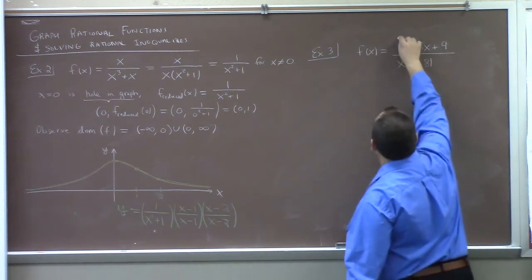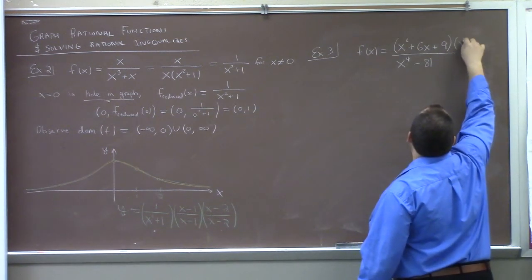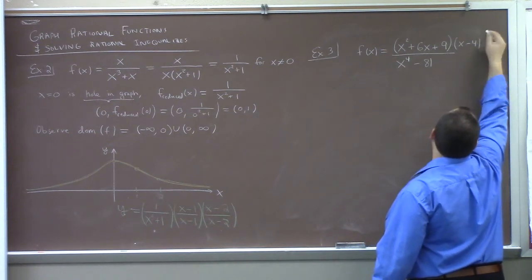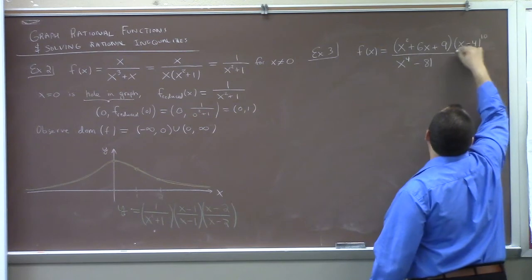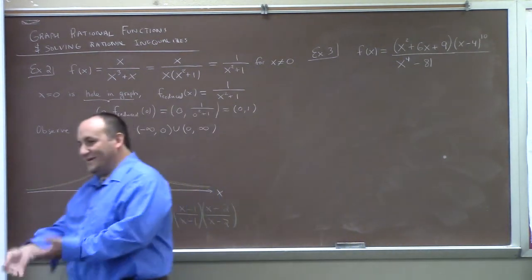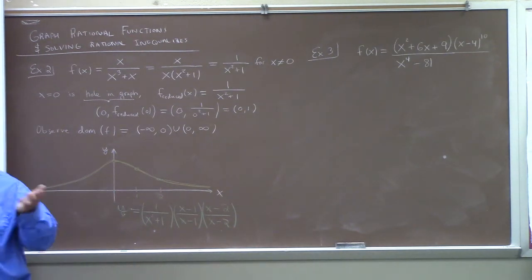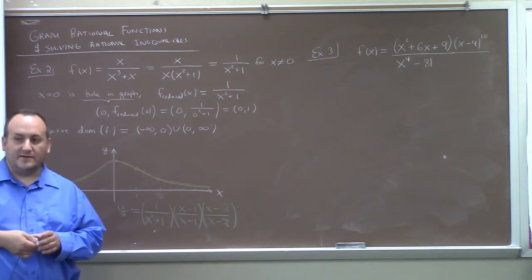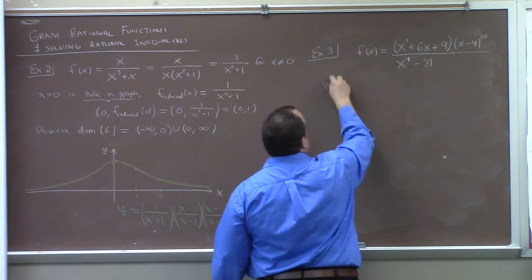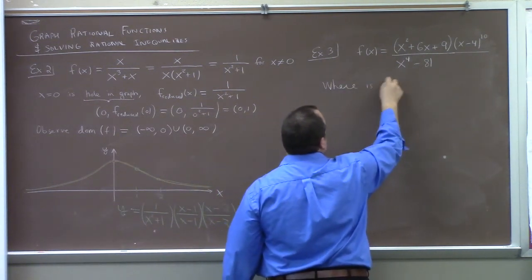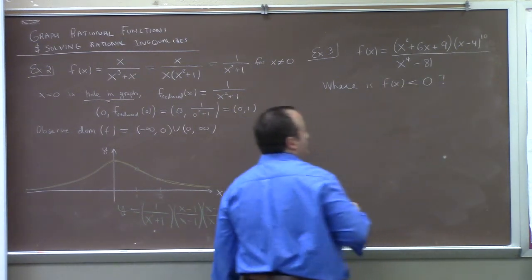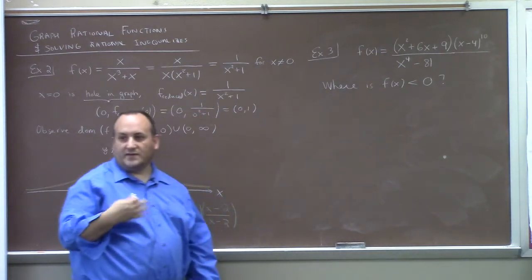And I want to take this upstairs one and multiply it by (x minus 4) to the 10th power. There. Okay, so for sure, I cannot ask you to graph this, right? It is outside the scope of the course. But I can ask you a simple question, which is: where is f of x less than 0? In other words, I can ask you to solve the inequality,